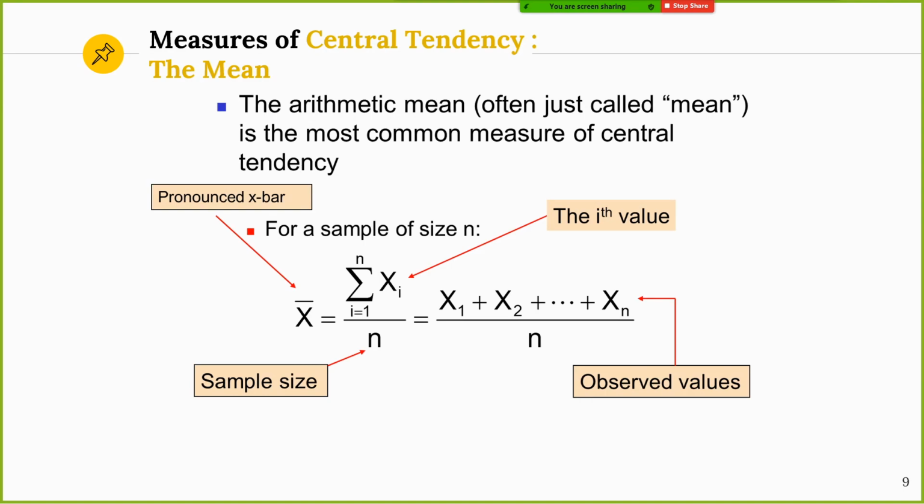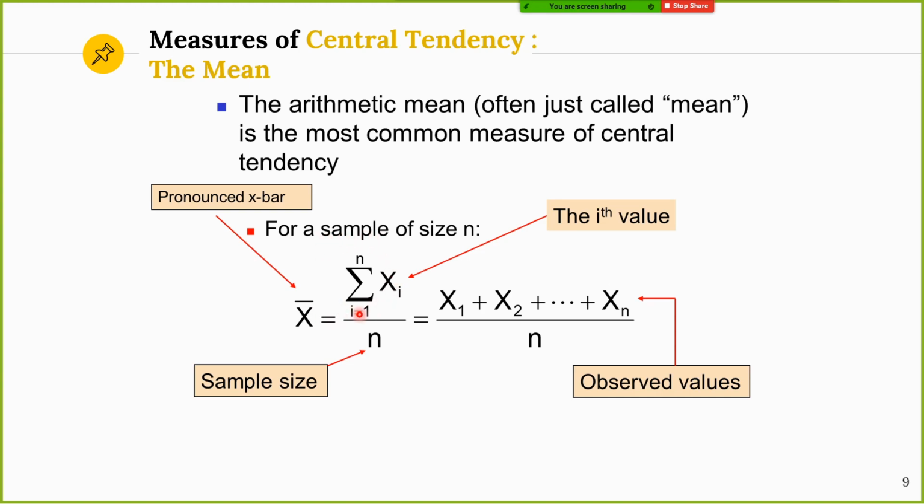So first, I don't want you to be confused about this creature, because I also hated it when I saw this back then. But this is the formula for the mean. You have this x bar first. So x bar is the mean, the symbol of the mean is this bar. So you have this x variable, and the x variable combined with this bar means the mean of this x variable.